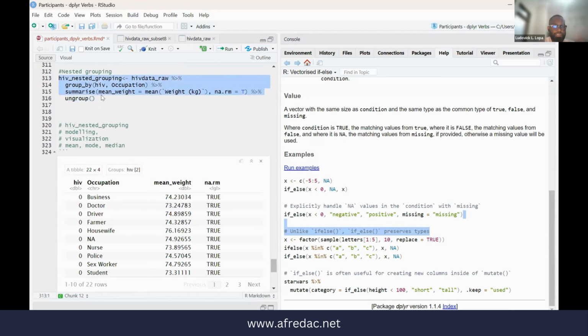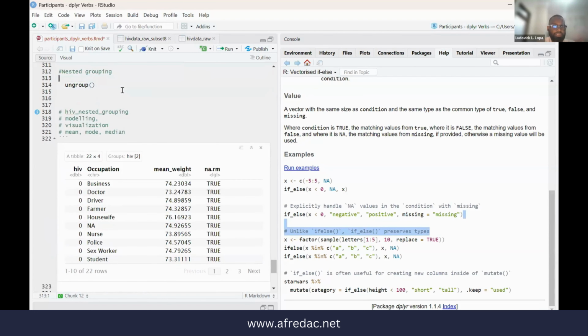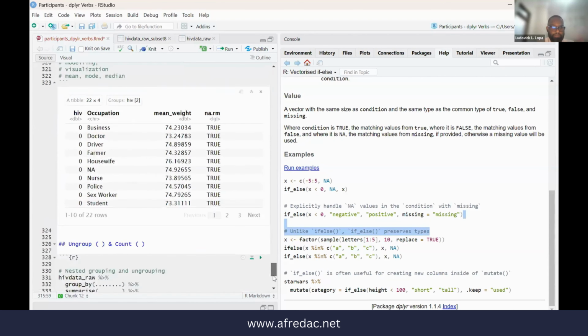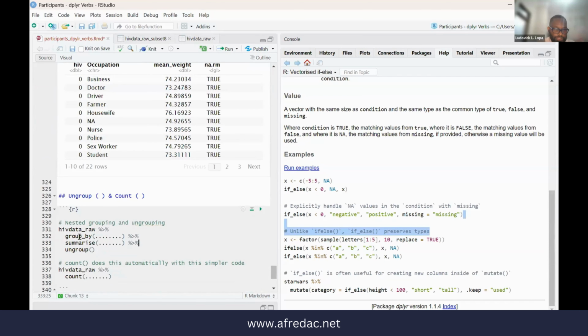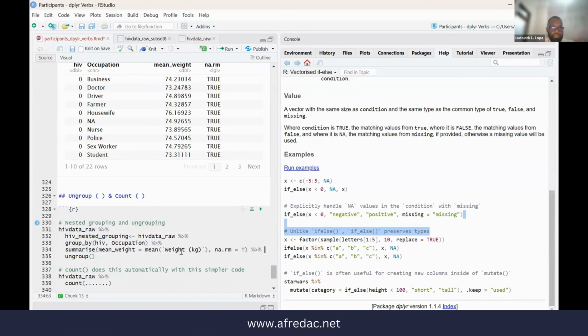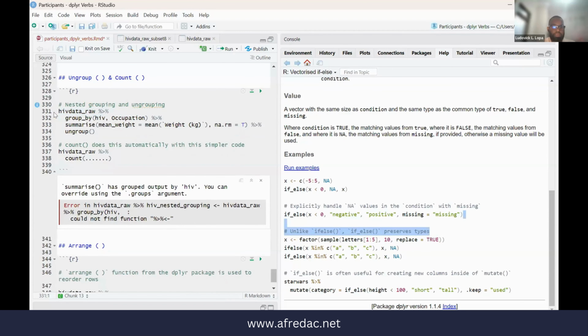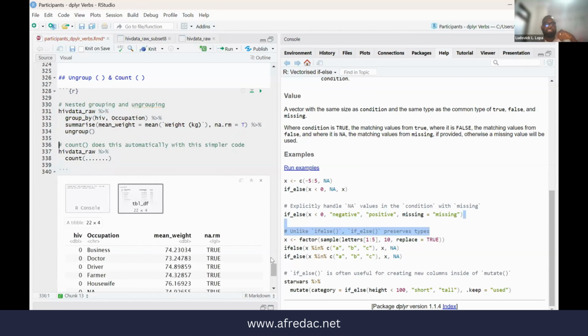So we've just summarized and everything, and then after that, we just encourage to ungroup your data. So I'll just test this. Okay, so do everything, and after that, you just ungroup your data, and then you can continue with everything. And then the other function, which will be the last one, is the count function, which you can use to just count the number of observations that we are seeing in